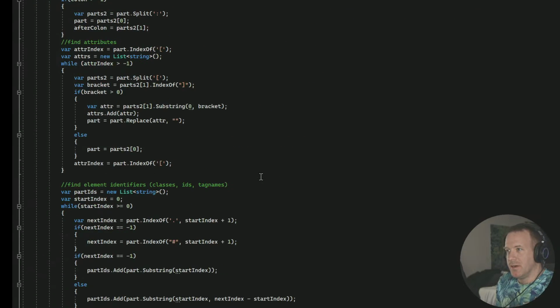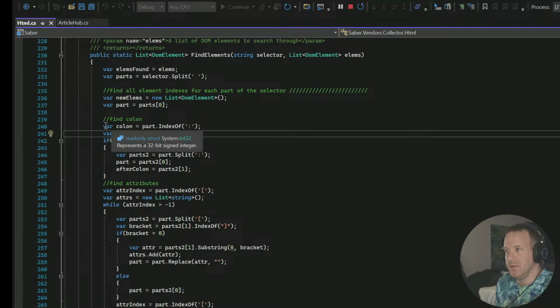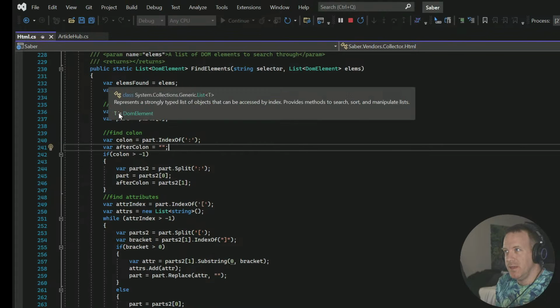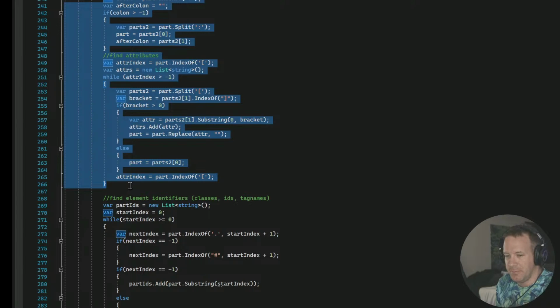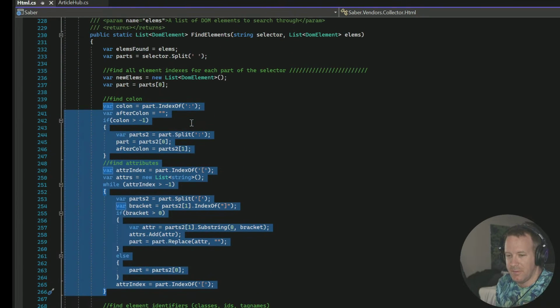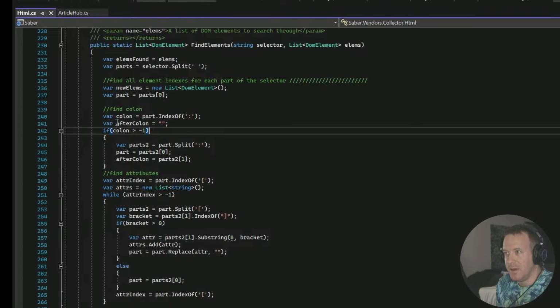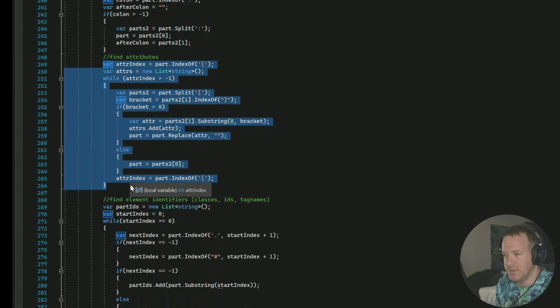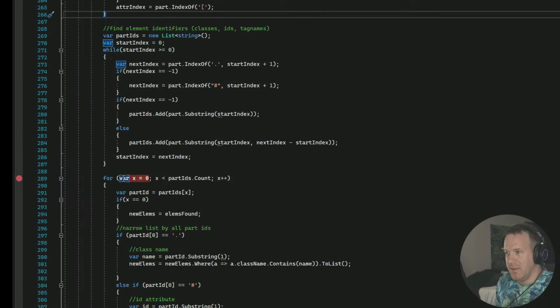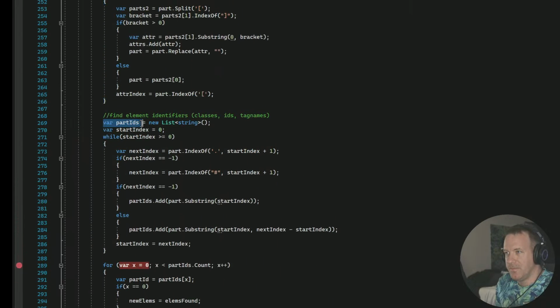So far, I'm able to read the first part of my selector, find all the pieces of that first part separated by a colon or by a group of attributes, and then for each piece